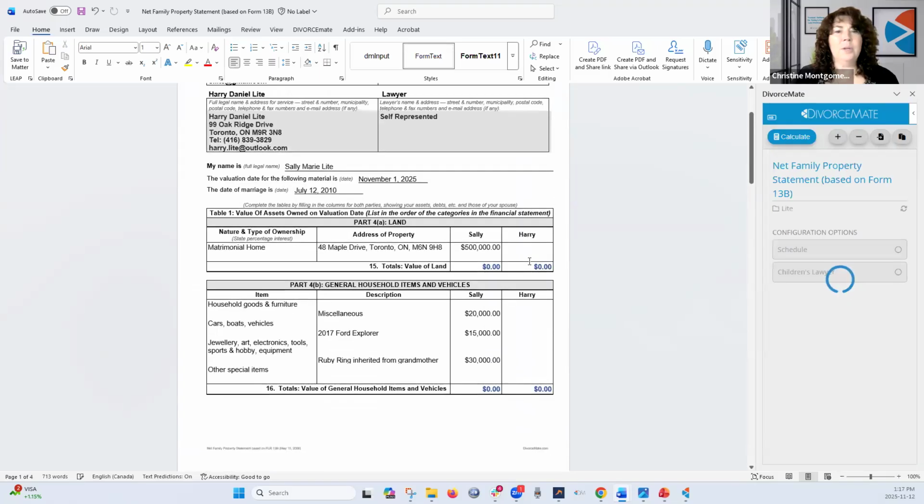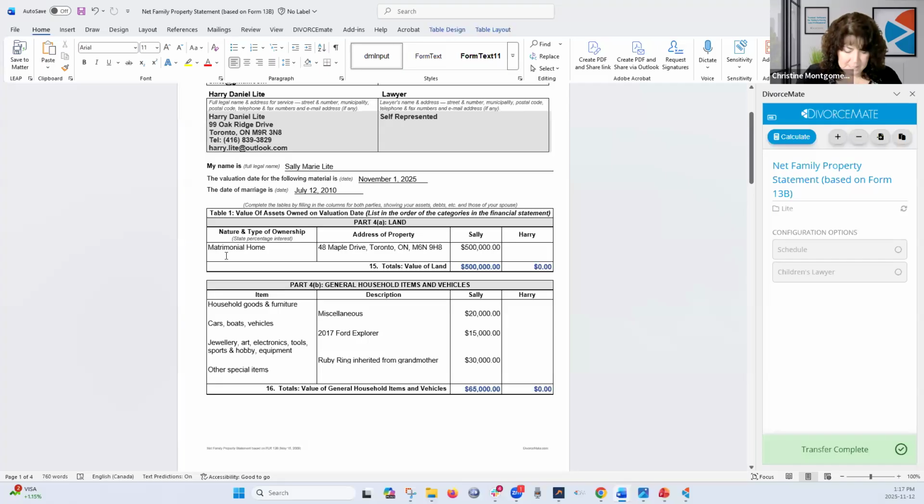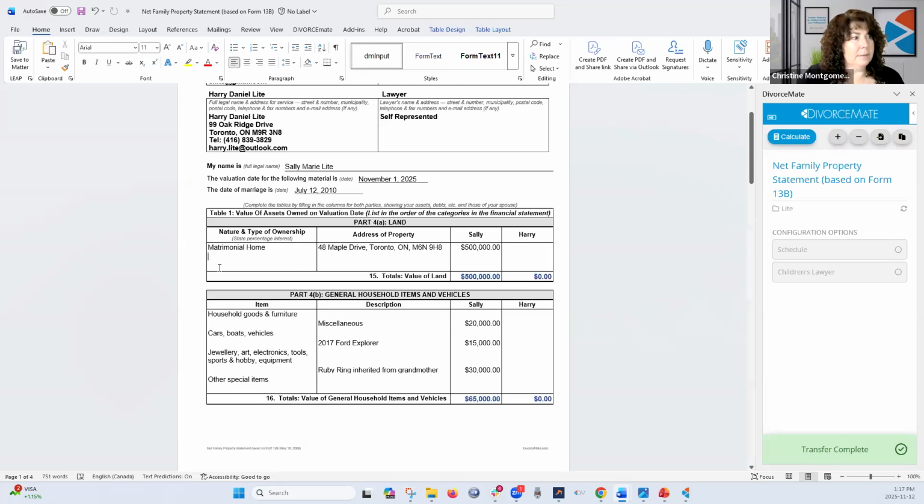So while I know you're working with both parties, this is at least a little bit of a time saver in that you can put in one party's information, and then from this point, you can work with the other party. So for example, let's say that there was an investment property that Harry had,